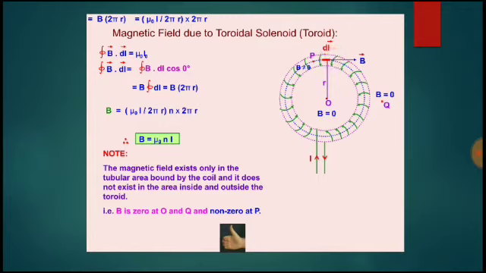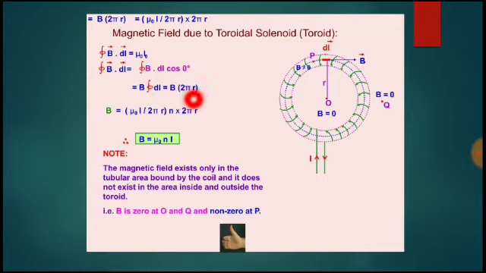Now I'm going to find the magnetic field according to Ampere's circuital law. Therefore, I am taking the line integral of B dot dl, which is equal to mu naught into I. So here B dl is the line integral of B dl cos 0, because on the plane the angle is 0. Cos 0 is equal to 1. Therefore, we take B outside and the remaining line integral of dl. If I integrate dl, I get L.